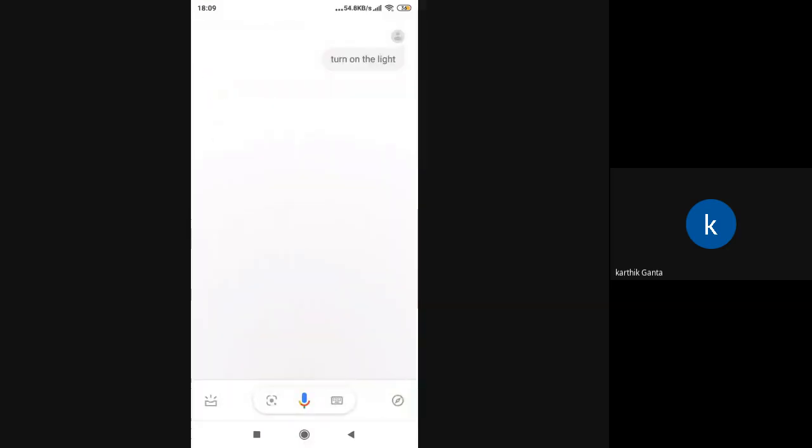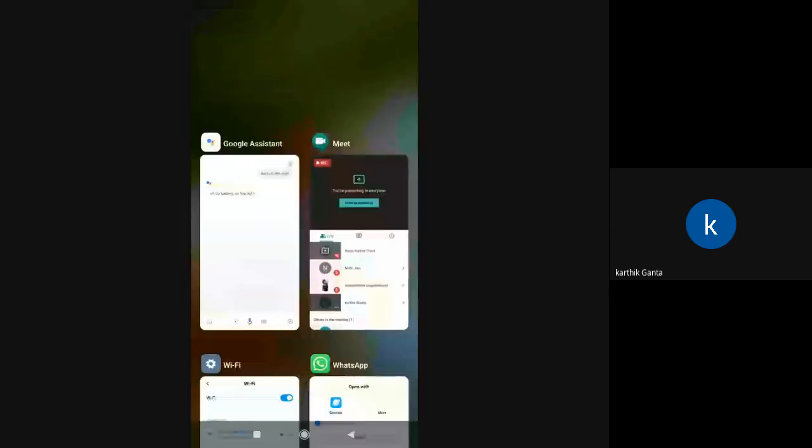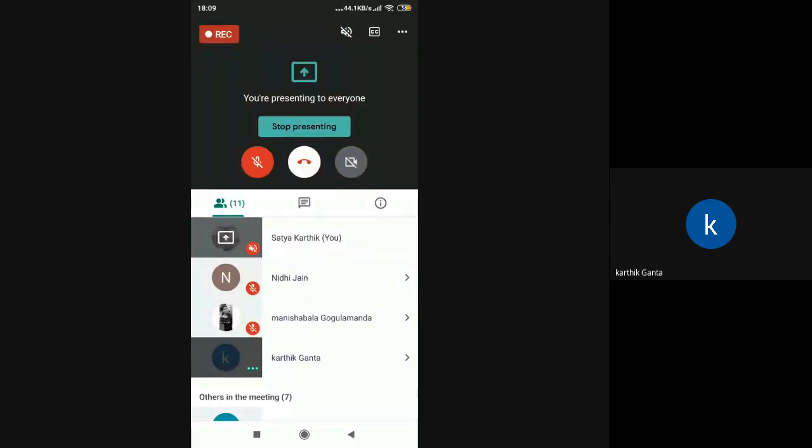Okay, it is replying saying okay, sir, turning on the light. Now you can see the light will be on. I'll just switch on my camera. Now you can see that light is on.